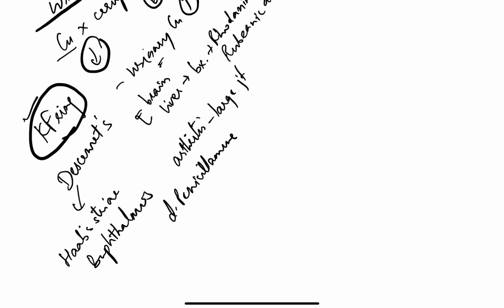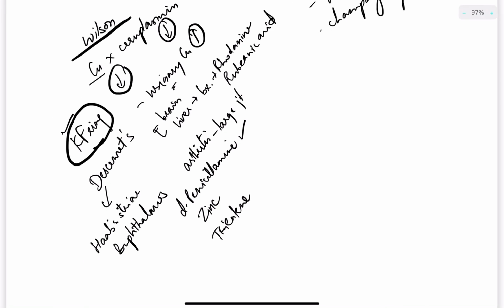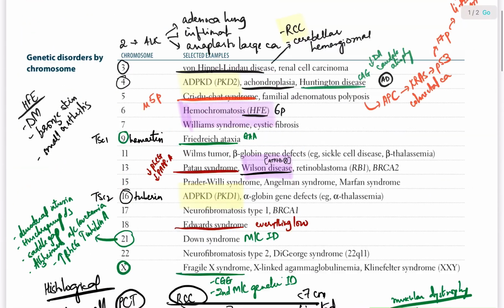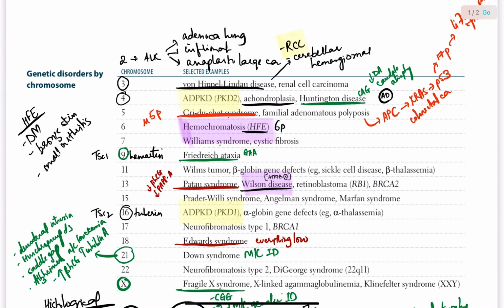Or you can also have zinc, because zinc inhibits the absorption of copper from the GIT, and trientine. These are all drugs that will chelate, D-penicillamine especially chelates copper and increases the urinary excretion of copper. So remember, normally in Wilson's disease, urinary excretion of copper is increased. When you are giving chelators like D-penicillamine, you're further increasing the urinary excretion of copper. So these are all the questions they can possibly ask you from Wilson's